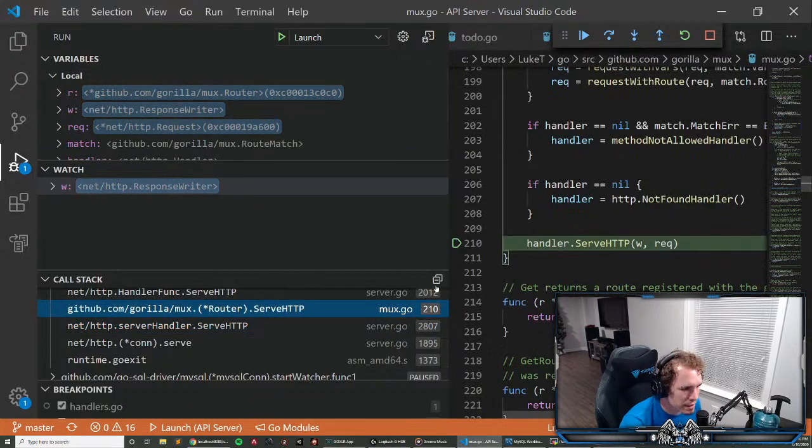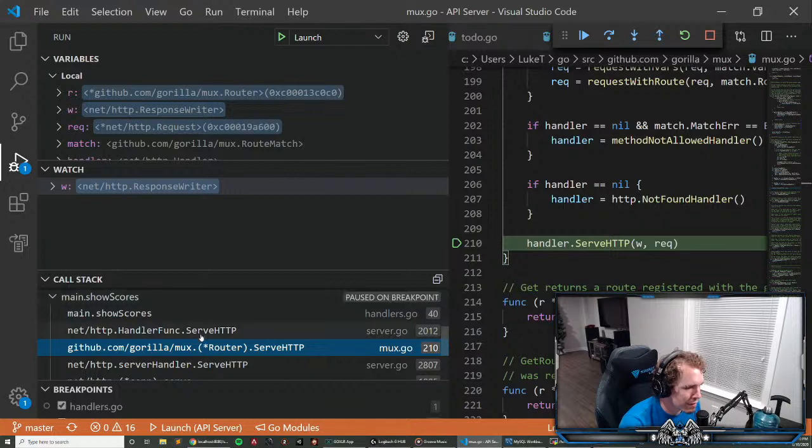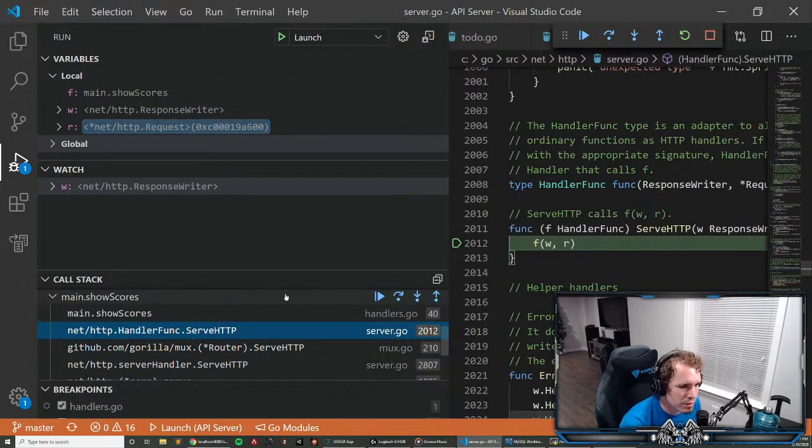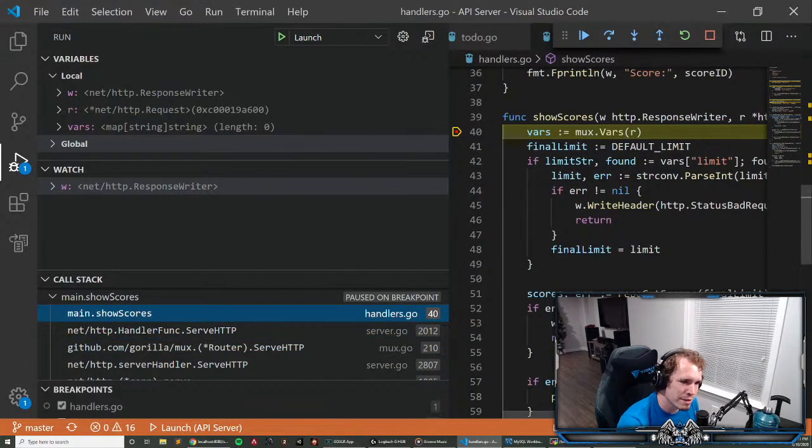And then this is the actual implementation, the Gorilla Mux implementation we have that routes the traffic correctly. And then ultimately it just calls our handler function with those variables, which is the show scores. So yeah, that's the call stack. You can just see how you got to where you're at, as well as if you set your breakpoint way further down in the call flow, like maybe at the database level, for example, and we can